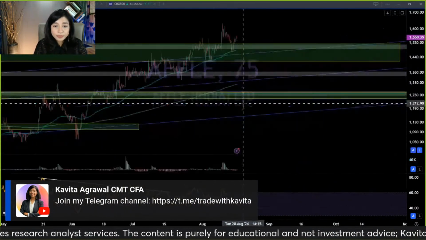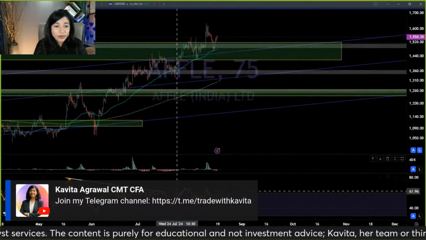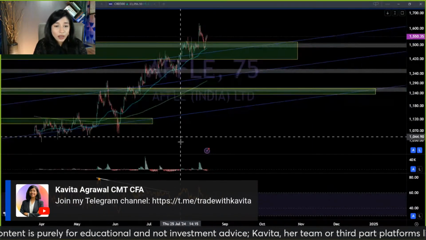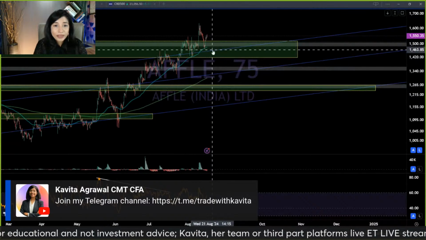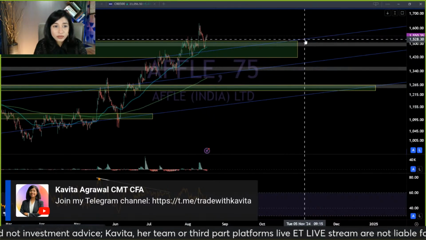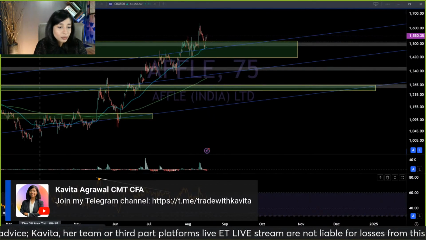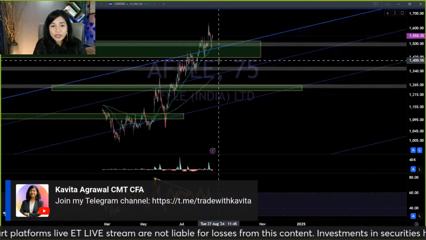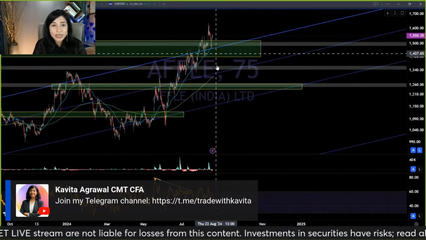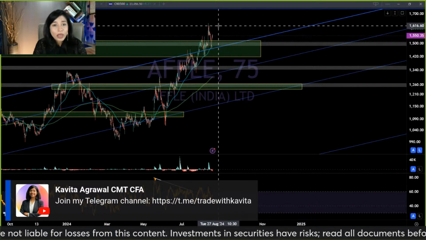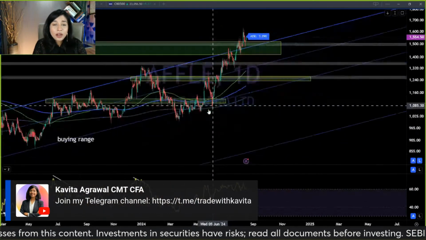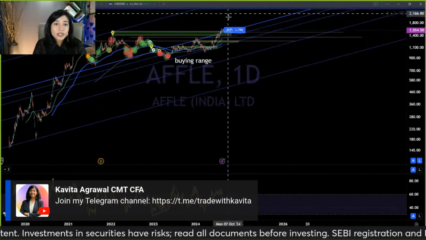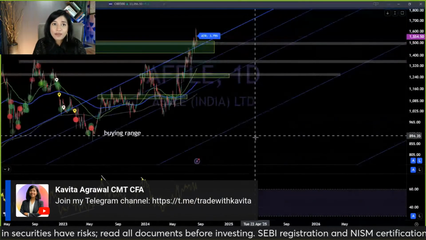And the 75-minute time frame is also suggesting that this trend line here would act as a potentially good entry zone. So even right now, the stock looks pretty good to enter, to be honest, because I think momentum is quite strong and the price activity is heading higher. But Affle, in my opinion, is a stock that's better suited for long-term investing, right?